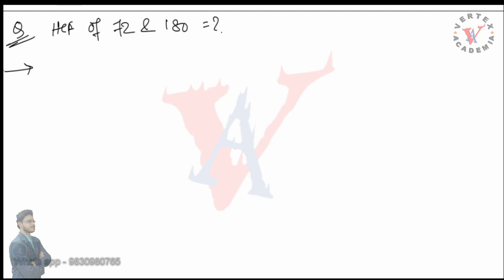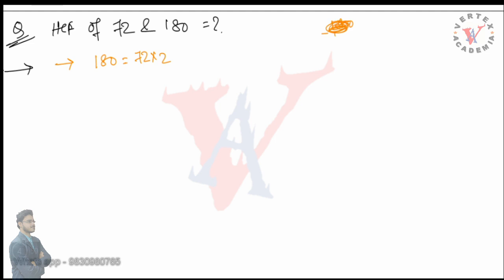So coming back to the question, HCF of 72 and 180. We are just doing the HCF steps in a linear way. So first of all, let us write the first step. The smaller number is 72. So 180 equals, now we have to think the maximum time 72 goes in 180. So 72 times 3 will be exceeding 180. So 72 two times. So 72 into 2 will be 144. So 180 minus 144. The best thing you should do is you should do the HCF in rough work. I will recommend you doing that.